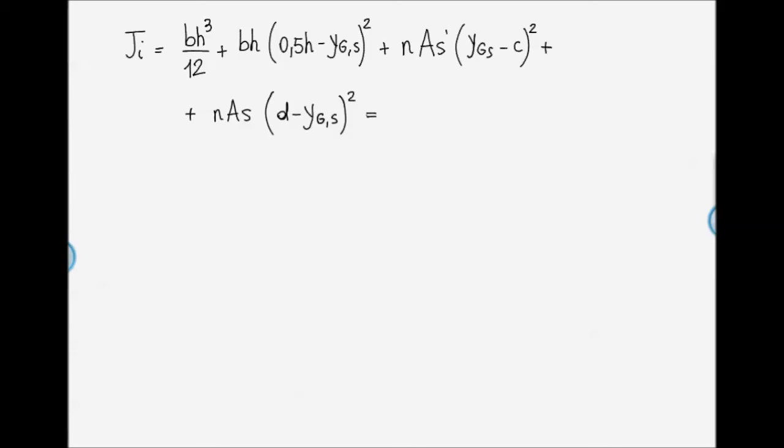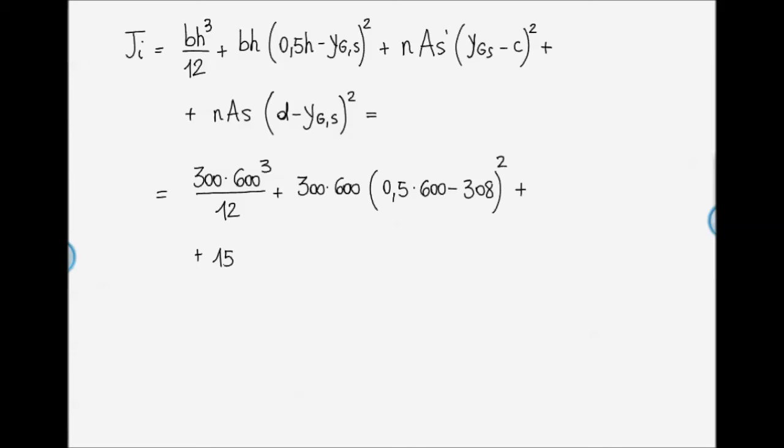which, substituting the numbers, is equal to 300 by 600 cubed over 12 plus 300 by 600, that multiplies the distance between the centroid of the homogenized cross-section and the centroid of the concrete cross-section, squared, plus 15, the homogenization coefficient, by 804, that multiplies the distance between the compressed reinforcement and the centroid of the homogenized cross-section, which is 308 minus 30 squared,